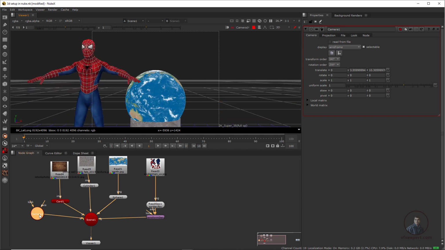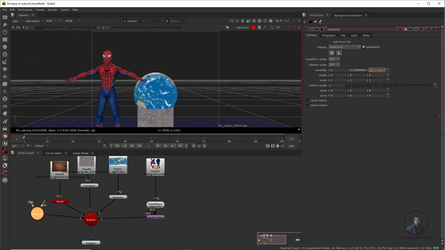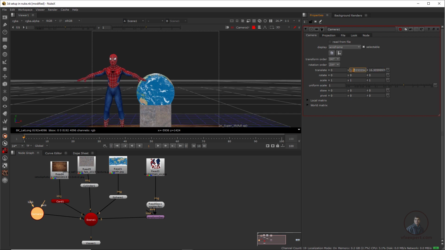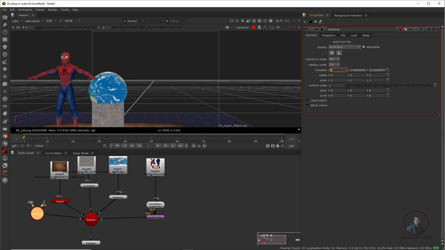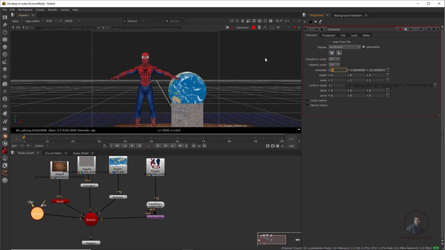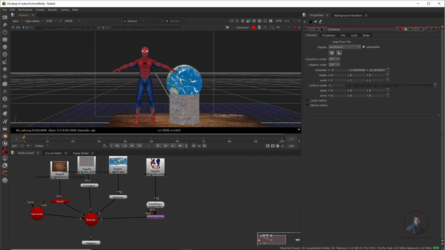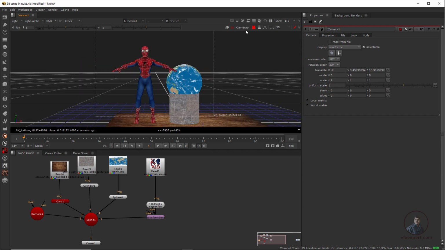You can also double click on this camera, then from the right side you can also adjust. Simply middle mouse button click and scroll. Now I am adjusting this camera transform value, which is the X and Y value. So you can easily place your camera from these properties here. Then again you can zoom in and zoom out here, because I have locked my camera.